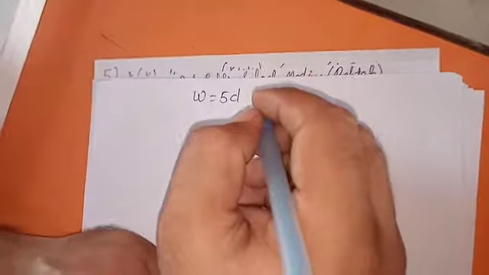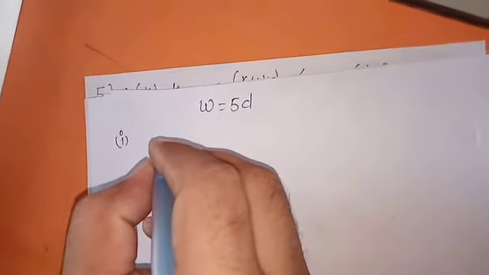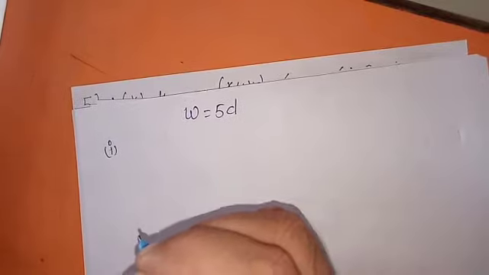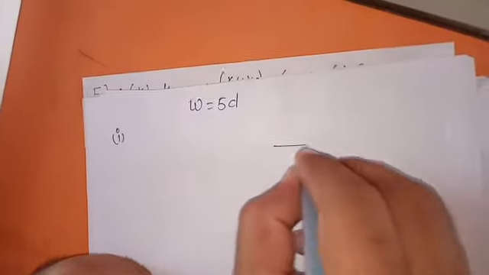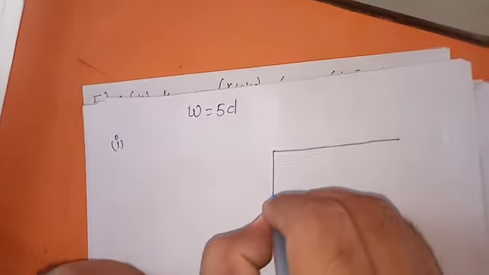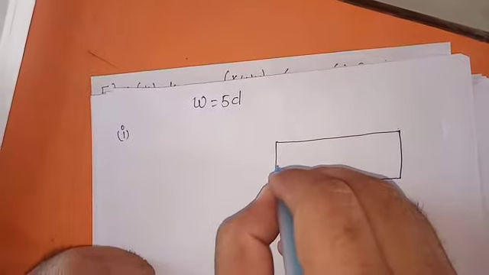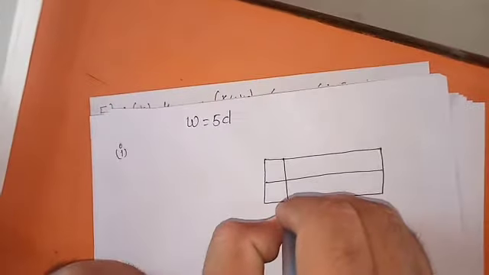Now the graph of it. After this, I am telling the first question, the first part, saying what's the work done by the body. Also, read it from the graph. You have to read this from the graph. So we draw the graph of it, taking two variables here. Which variables? D and W.